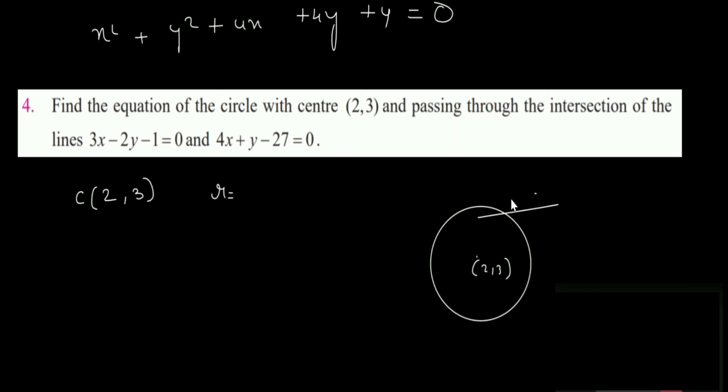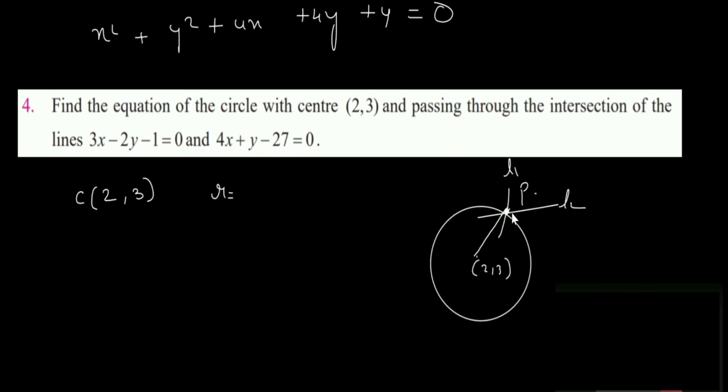So, two lines are intersecting. So, circle is passing through this. So, we are going to find the intersecting point. This point we are going to find. Okay. So, if you know this point, then you can find the radius. How do you find the radius if you know this point? So, listen once again, the circle is passing through the intersection of two lines, L1, L2. So, we are going to solve these two lines and we are going to find the point of intersection.